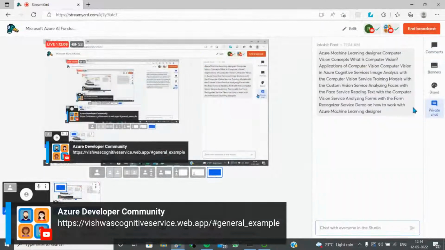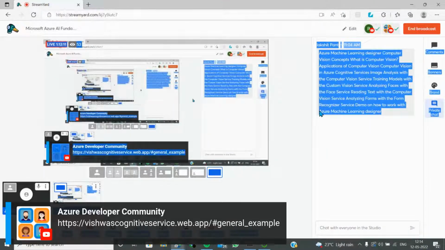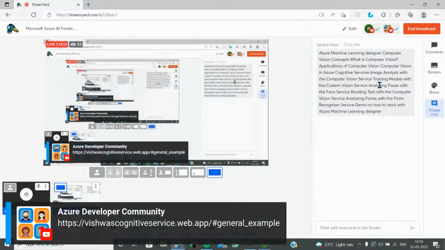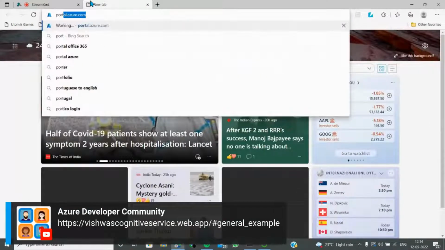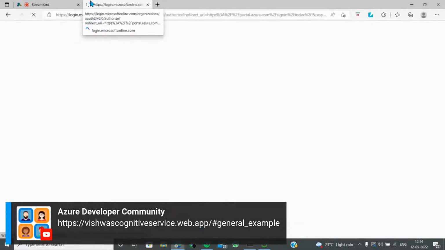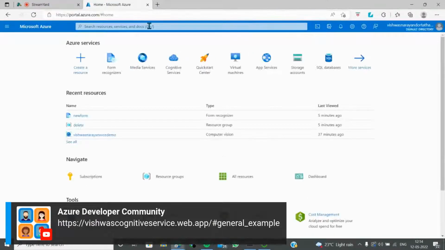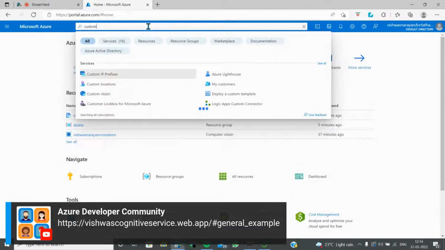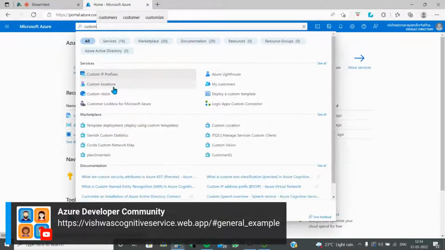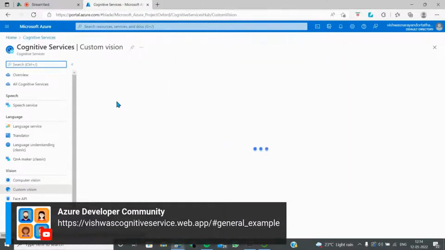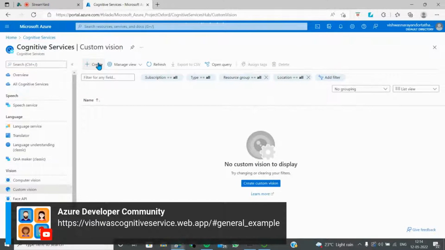I think there's one more thing. I need to do machine learning designer. Okay, wait, this has come up again. Machine learning, I think we have done a lot of things. Custom vision. Okay, let's do one more on custom vision. That's not a problem, because you need to learn what this technology is all about. I don't think I have a folder of images, but let's do custom vision. No problem, we will get it done.